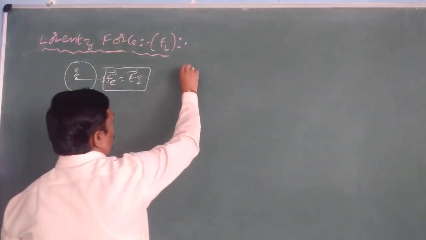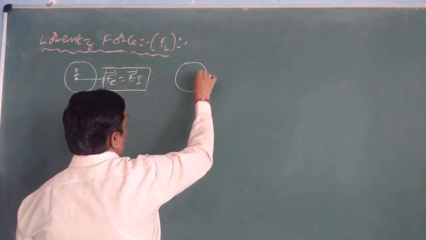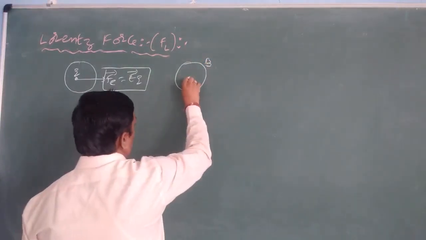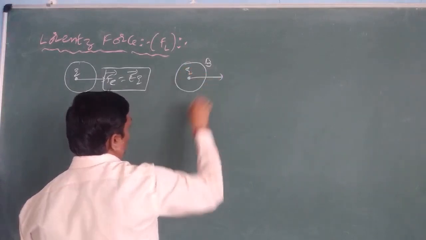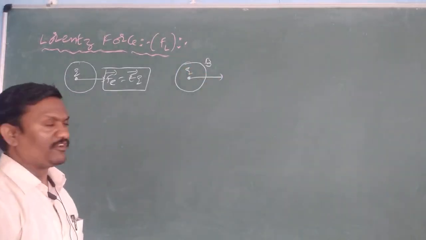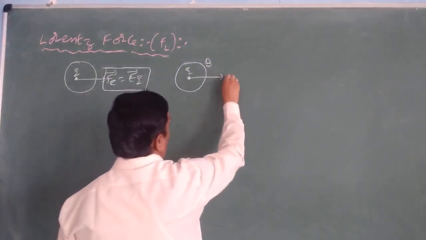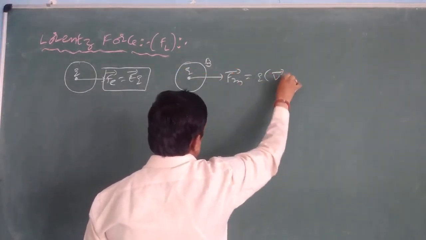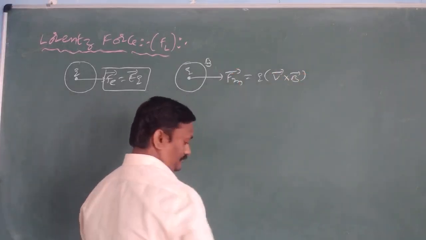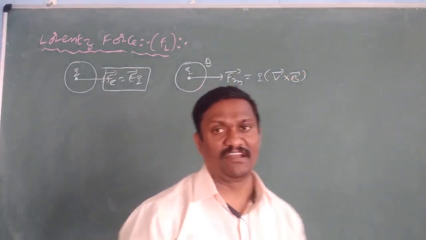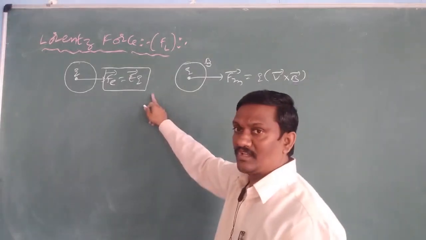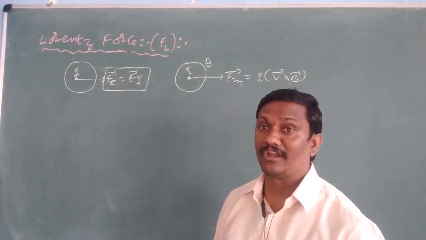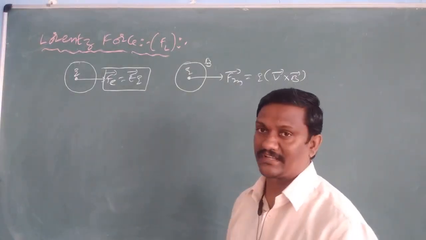Similarly, now the same charge is moving inside a magnetic field. Charge Q is moving inside the magnetic field with velocity v. Then we know the vector form of the magnetic force, Fm bar equals Q into v bar cross B bar. In only an electrical field, electrical force is acting. In only a magnetic field, magnetic force is acting. But the Lorentz force relates to both forces.